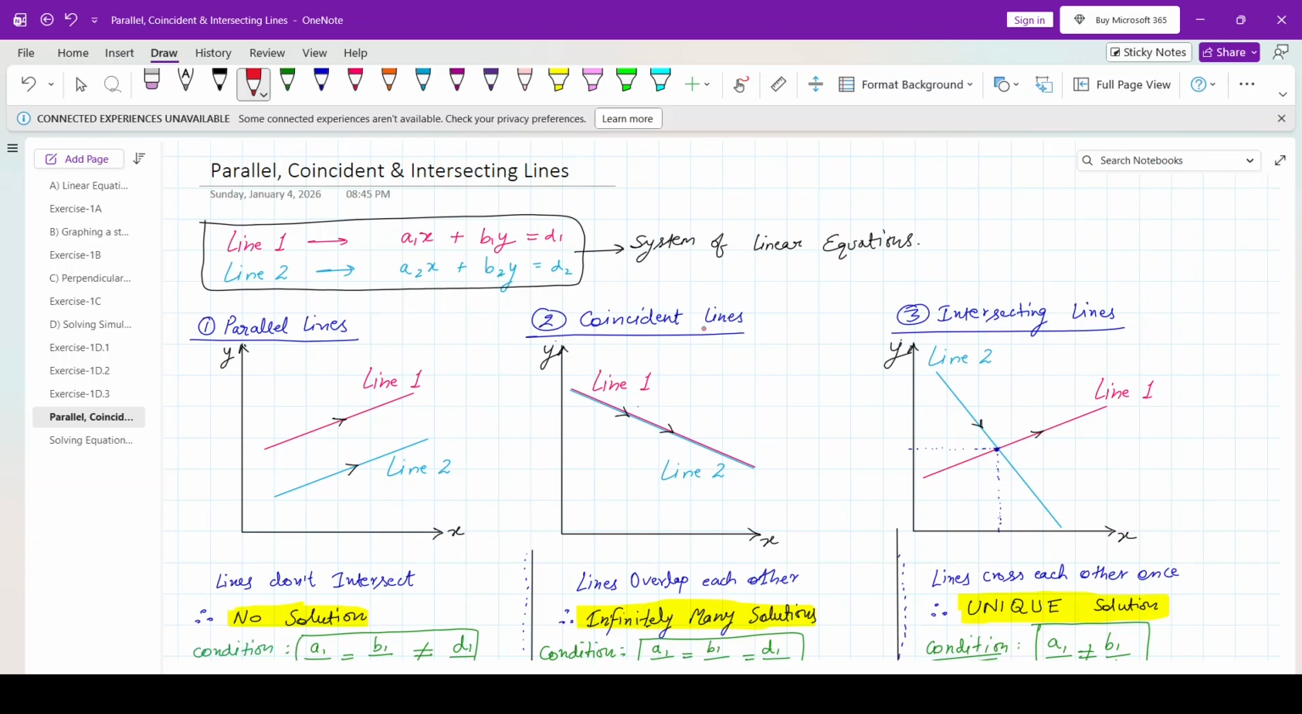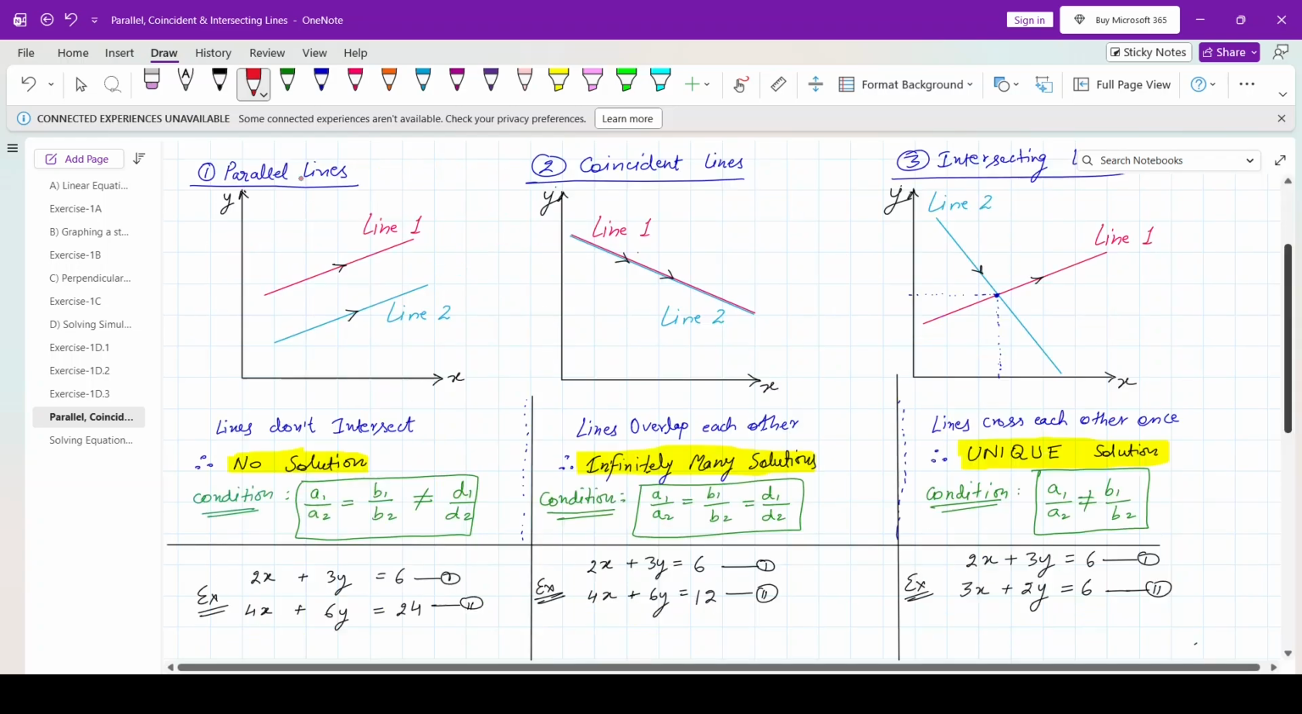However, coincident lines overlap each other. You can see line 1 and line 2 are overlapping each other, so they intersect each other at every point. So there can be infinitely many solutions for this chart. And the third one is intersecting lines. When we say intersecting lines, these lines intersect at one point, and that one point is called the unique solution